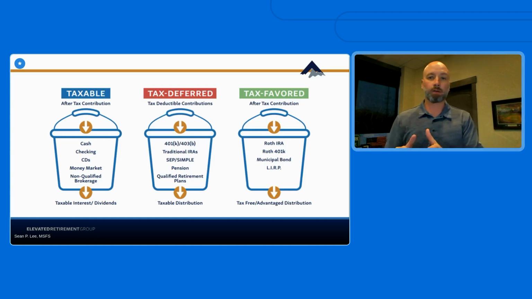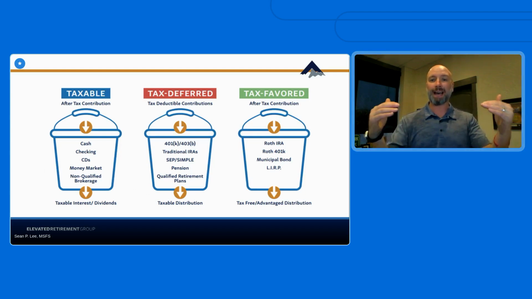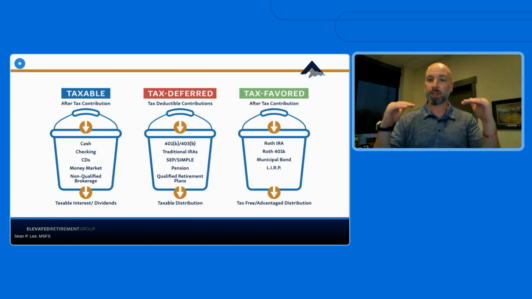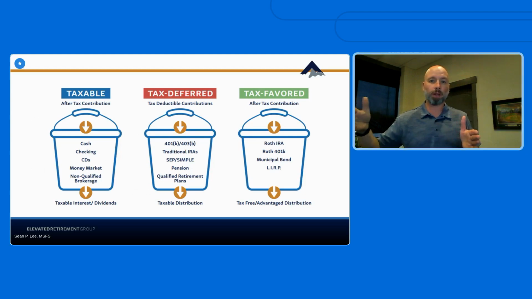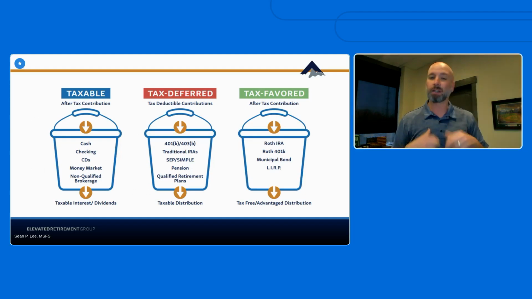Then we move along to the center, and that's your tax-deferred money. Tax-deferred means that I get a tax deduction up front. So I get a reduction of my tax return. My money grows tax-deferred for me, and I'm not taxed on that money until I pull it out, usually in my retirement years, age 59 and a half plus.